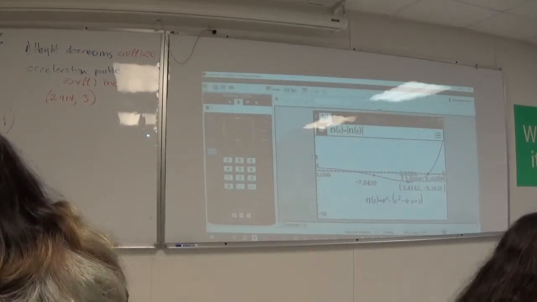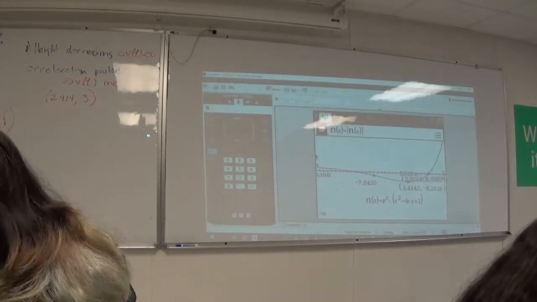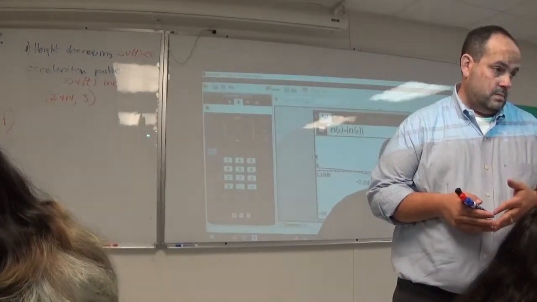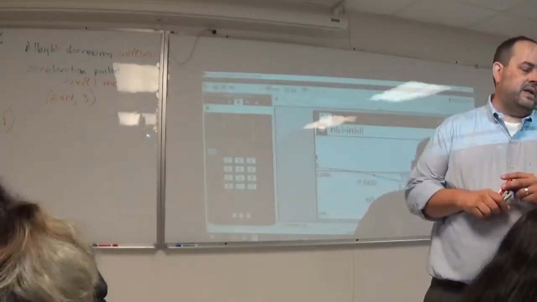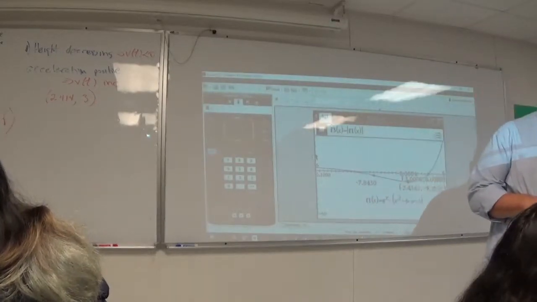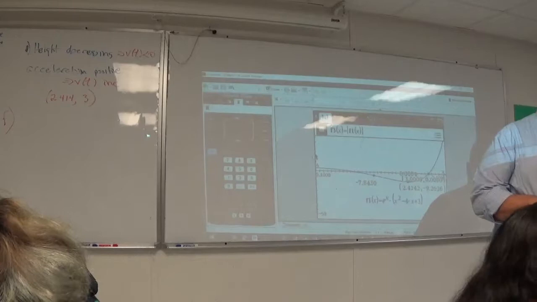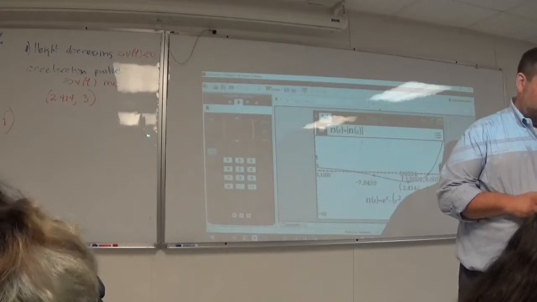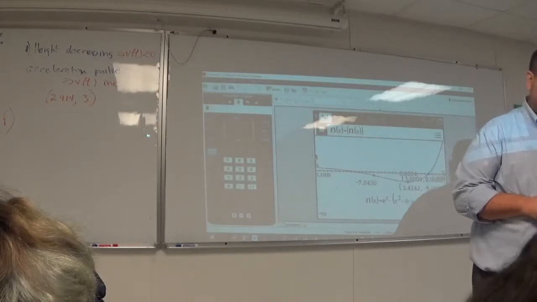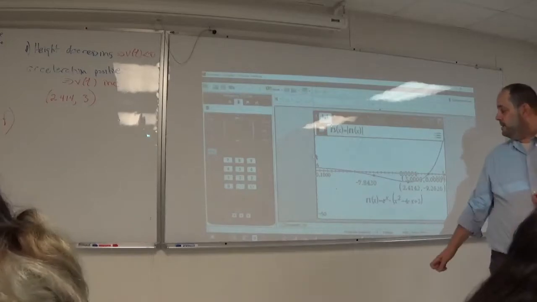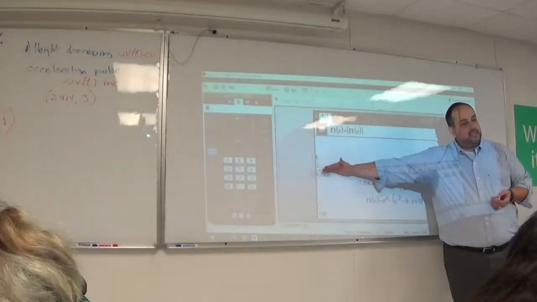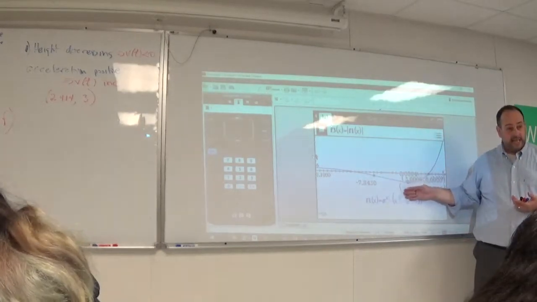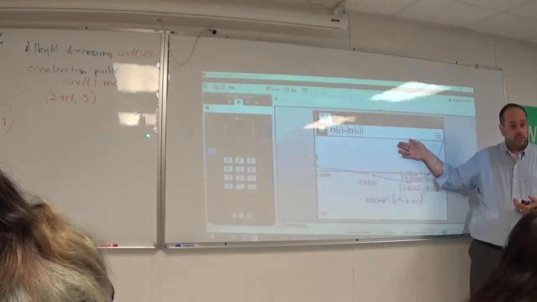So when you take the absolute value, there's something else. If you take the absolute value of a positive number, what happens? Nothing happens, right? What if you take the absolute value of a negative? The absolute value of -6 is +6, right? The sign changes, but the number doesn't. It goes from -6 to +6. On your graph, what's going to happen? Any part where the graph was above the x-axis, you're going to stay above the x-axis. But any part where you were below the x-axis gets reflected.